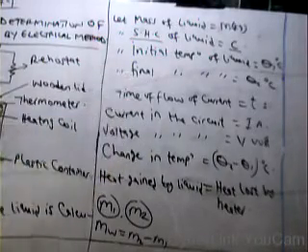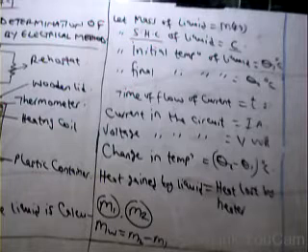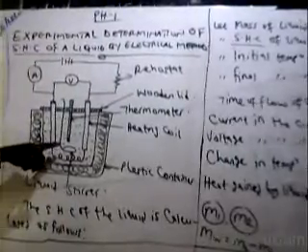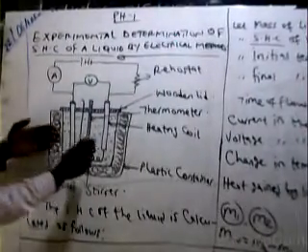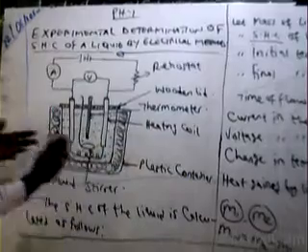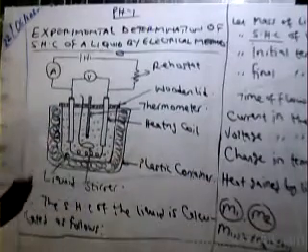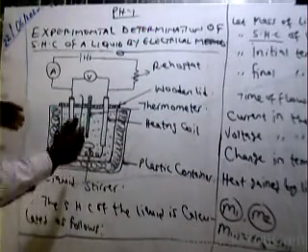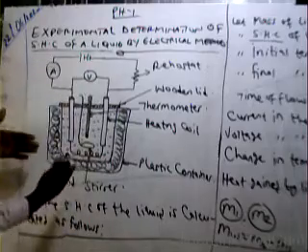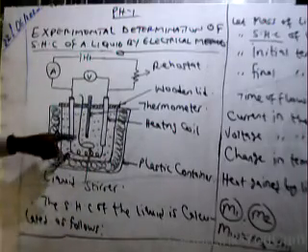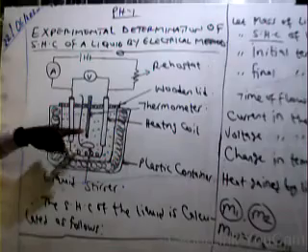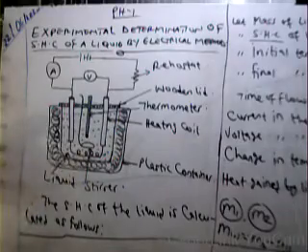Then, after we've allowed electrical energy to flow through this circuit, by the time the current is flowing through the circuit, what happens to this heater? The heater becomes warm, or heated. So the heat energy in this heater will now be used to increase the temperature of the liquid, or the water, inside this particular container.